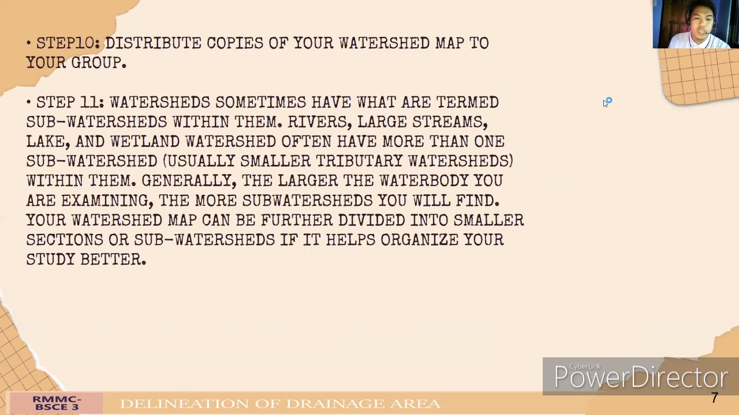So rivers, large streams, lakes, and wetlands watershed often have more than one sub-watershed, usually smaller tributary watersheds within them. Generally, the larger,